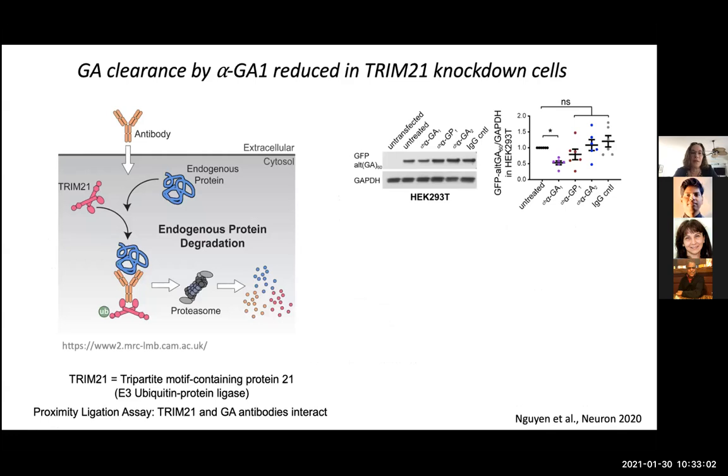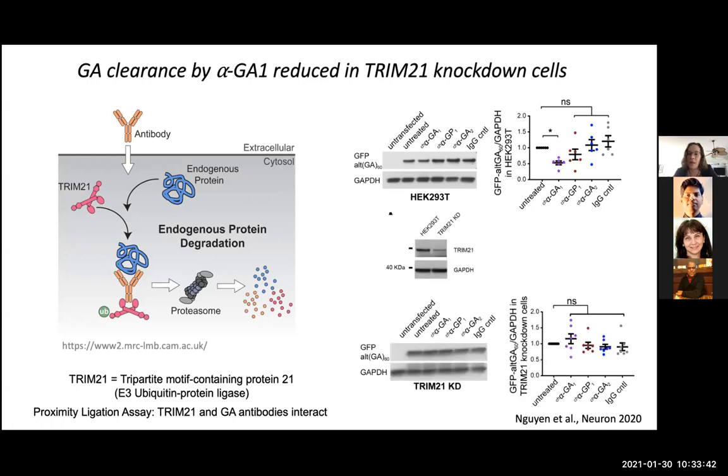And then we looked at the possibility that TRIM21, which is a tripartite motif containing protein 21 and an E3 ubiquitin protein ligase, could be an effector molecule that would help get the antibody-bound cargo ubiquitinated and then degraded by the proteasome. And so there's this decrease in the GFP-GA levels with the antibody treatment that we see. And when she used the TRIM21 knockdown cells, she did not see the same decrease in these cells that were